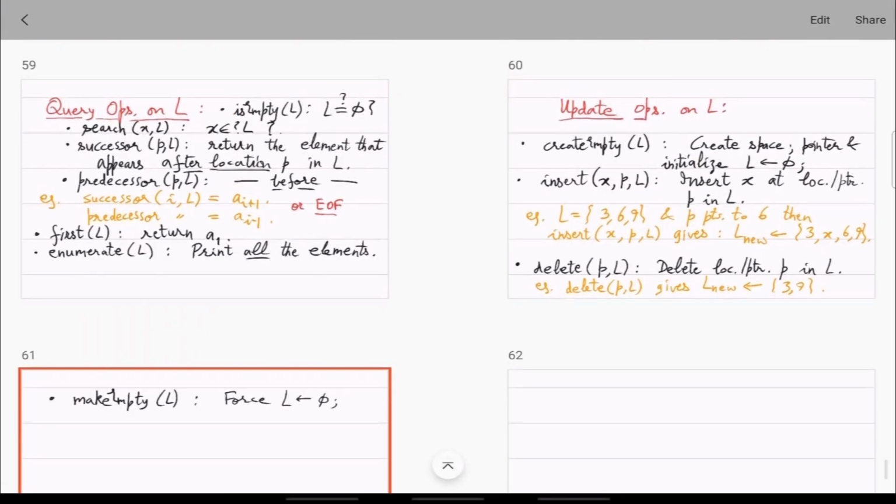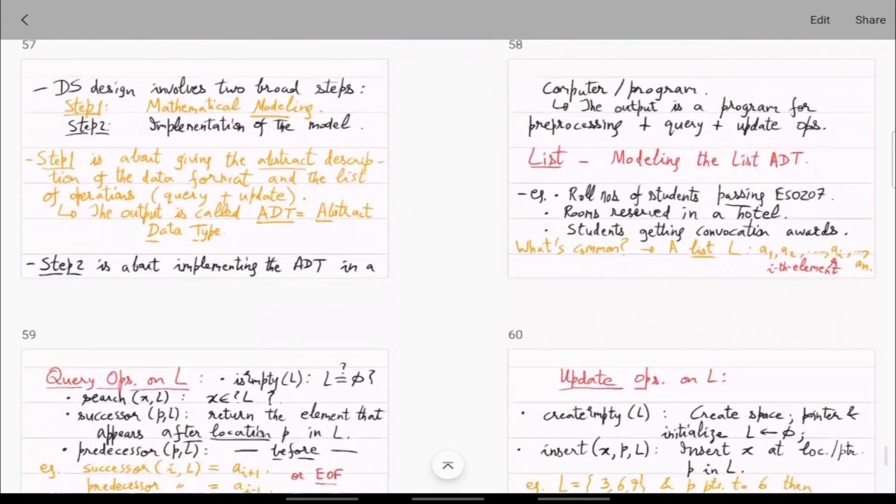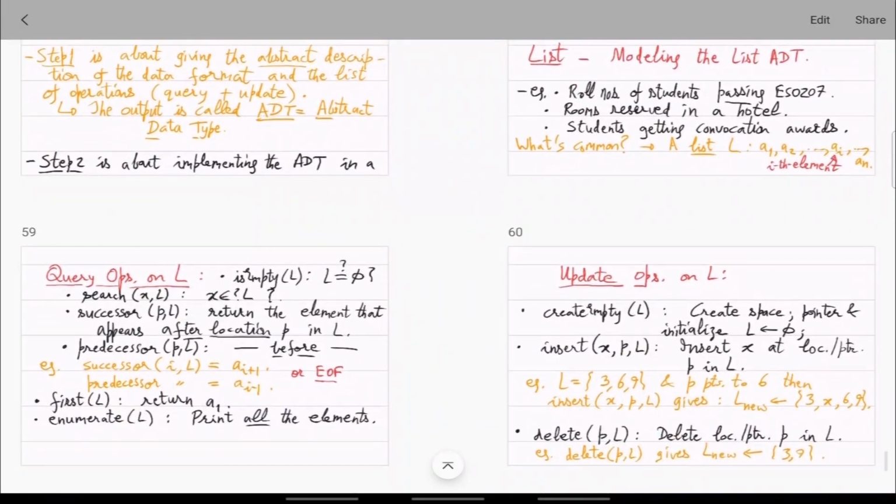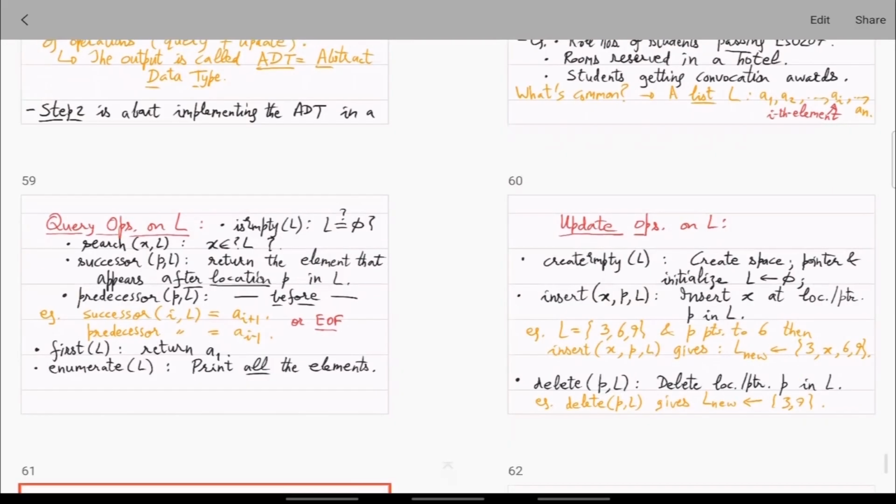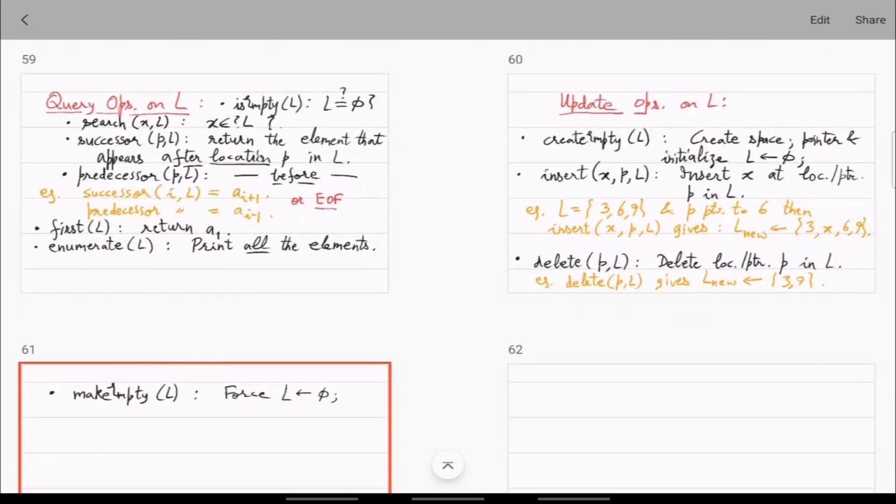Okay, so this is the modeling part, which just seems like a list of demands. So the ADT should look like this, and the operations should be as described, with 6 here and 3 there, or 4 there. So you have to implement these 10 operations. Is that clear? So how do you implement it?